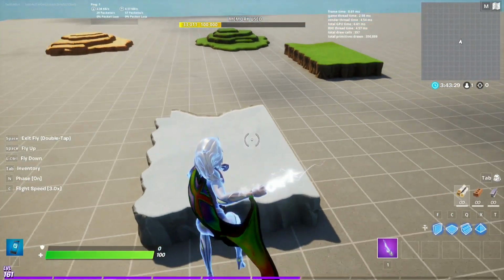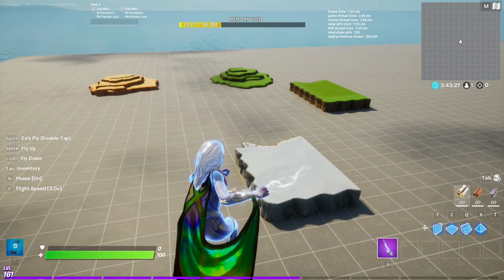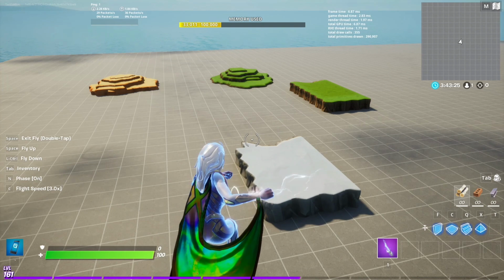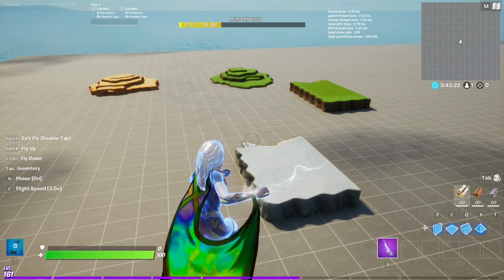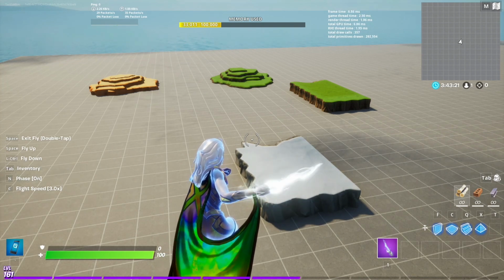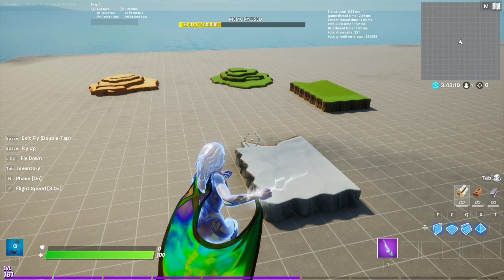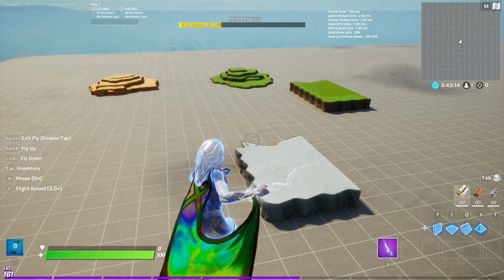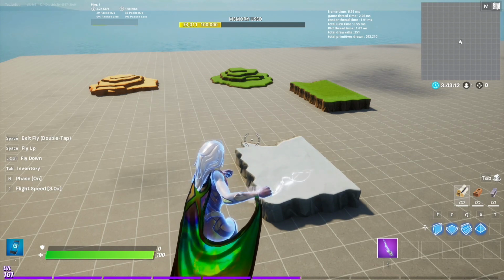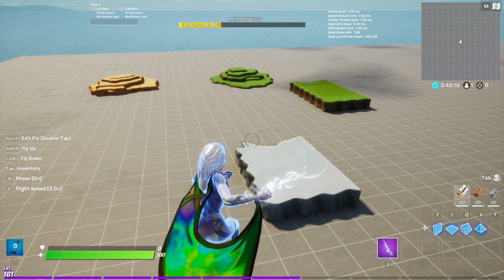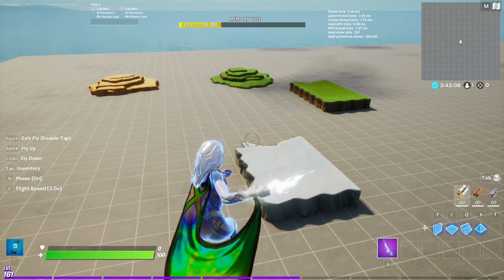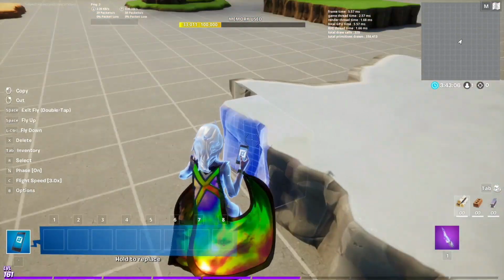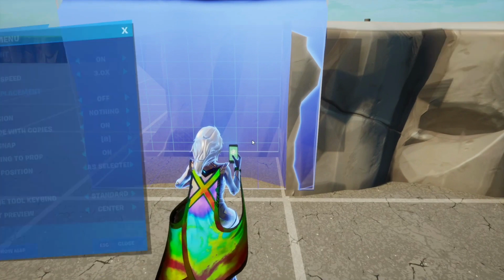And hopefully, I hope this helps some of you. And hopefully you guys will be able to do terrain in some of your maps now, if you couldn't before. And hey, maybe you guys will get even better at terrain than some of the top creators. I mean, it's probably way easier to get better at terrain than me. I'm terrible with terrain. But one more thing I guess I can show you is if you are gonna end up struggling,